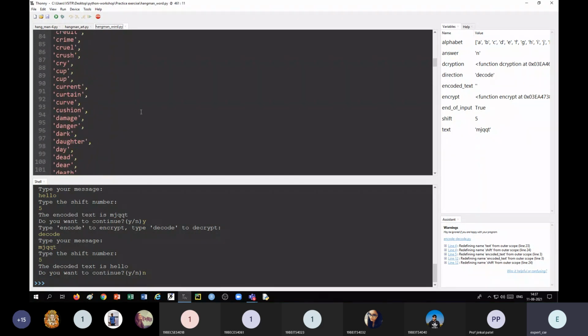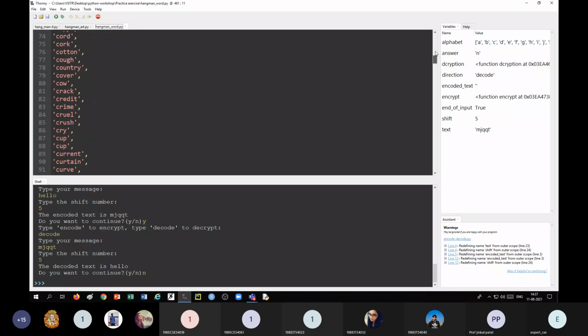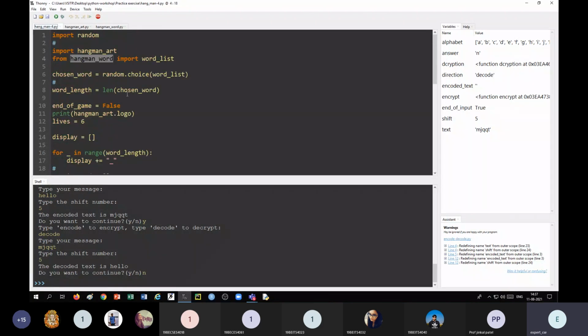I have created a list known as word_list, and I have stored this in another program known as hangman_word.py. Again, it is in the same directory, so we are not going to write a path, but I have imported it in another way: from hangman_word import word_list.